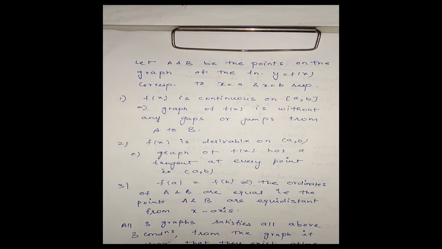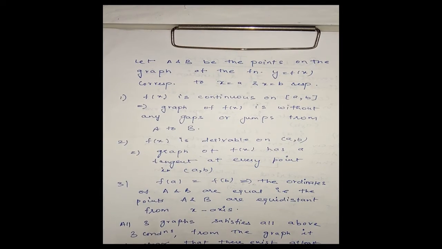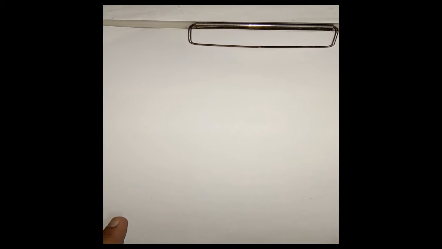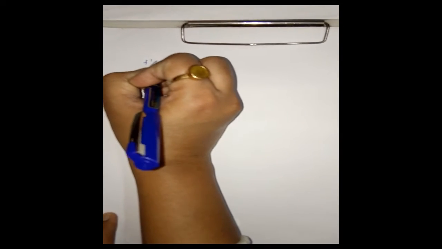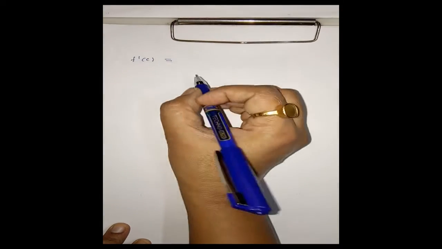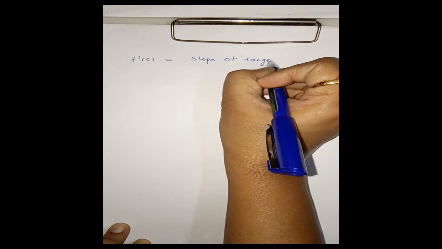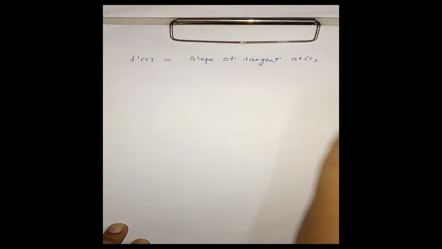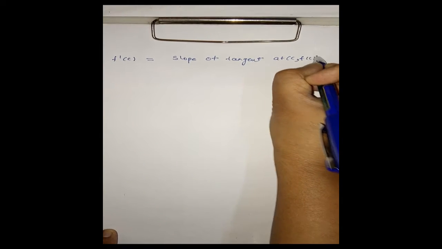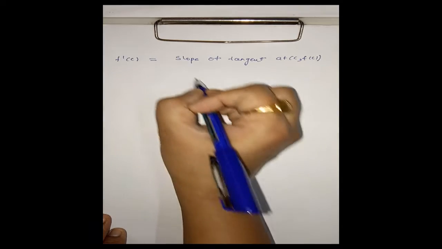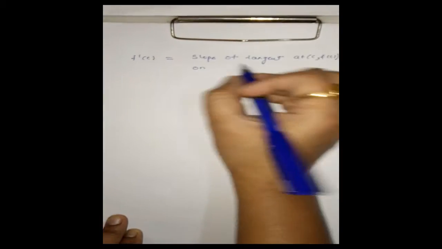Now we see f dash c is equal to 0. The conclusion of Rolle's theorem says that f dash c is equal to 0, where c is any point in the open interval AB. Now, what is f dash c? This is nothing but the slope of the tangent at x equals c on the curve